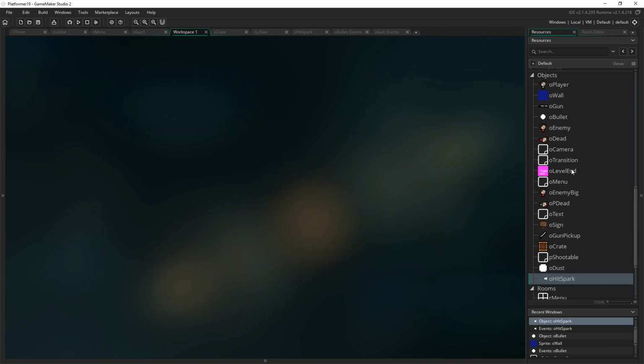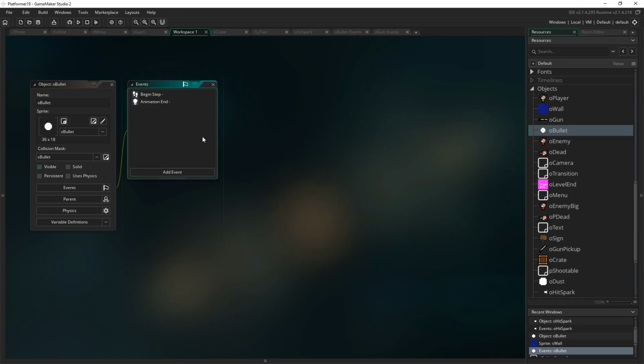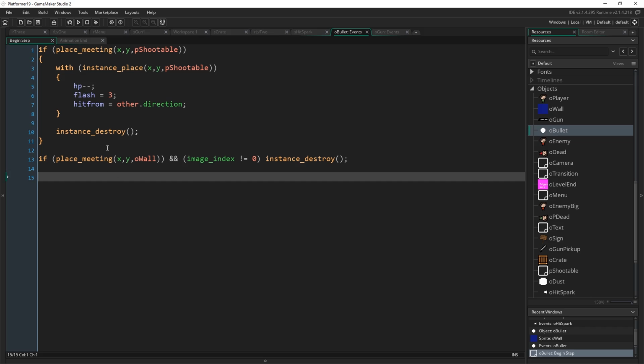So I'm going to close that now, and I'm going to go up to OBullet. Now you might remember when we set up OBullet, we used the begin step event to do all our collision checking. This is to make sure that this happens before our speed is applied, although I think the step event would have actually gone away with this as well. Before our speed is applied, so that we can make sure that we actually see the final frame of animation. Okay, because if we applied the speed, then checked for a collision, then destroyed the object all before the draw happens,